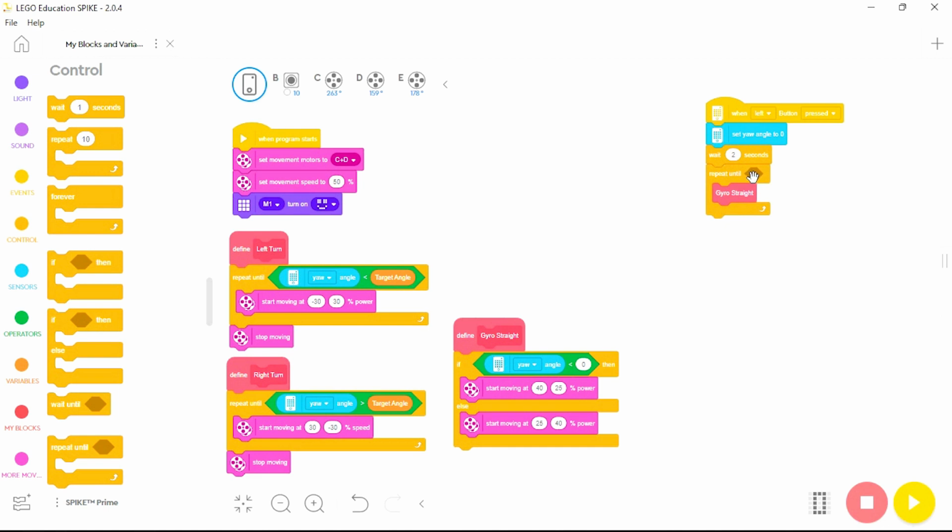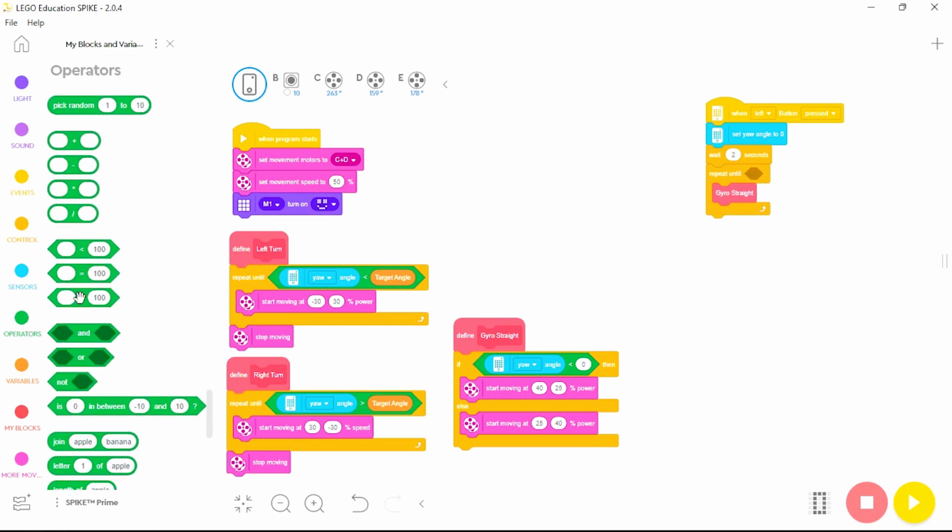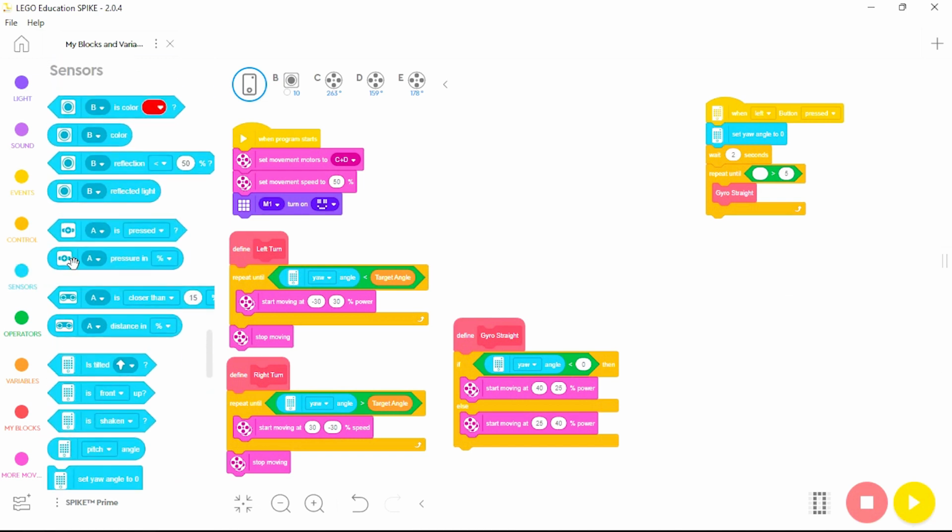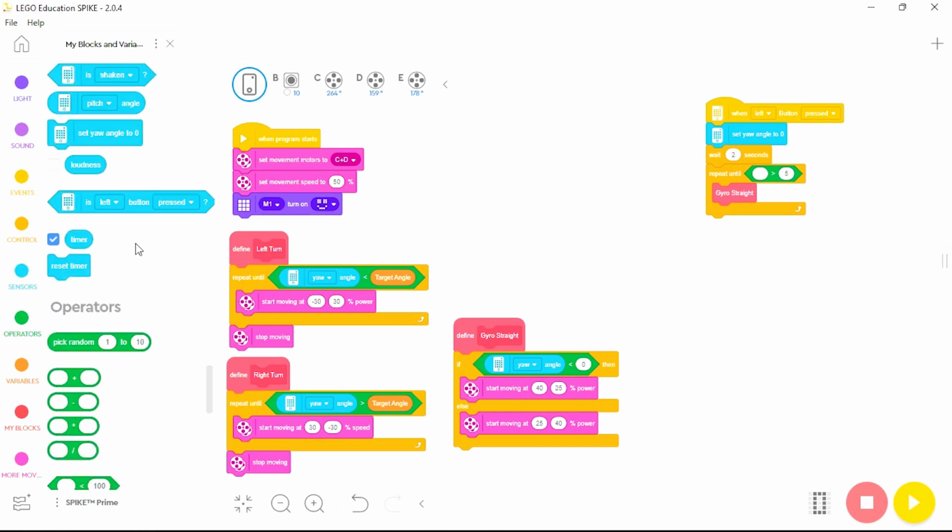And now inside the hexagon, I'm going to set up a timer by coming down to operators, bringing in a greater than timer and setting it to 5 seconds. And then I'm going to come to sensors, and at the very bottom of the sensors, I have my timer settings, and I'm going to put a timer pill inside the greater than equation, and then I'm going to put a reset timer in right above the repeat block so that the timer begins right before it goes into the